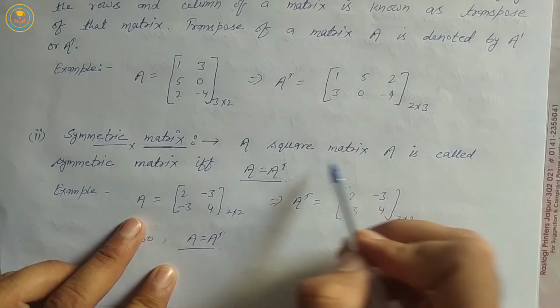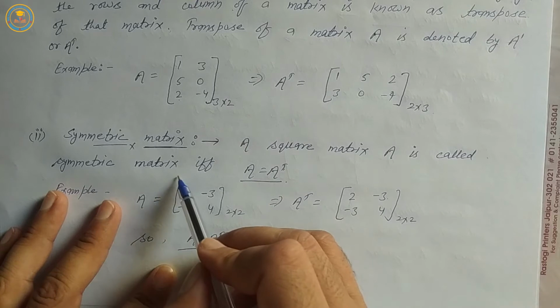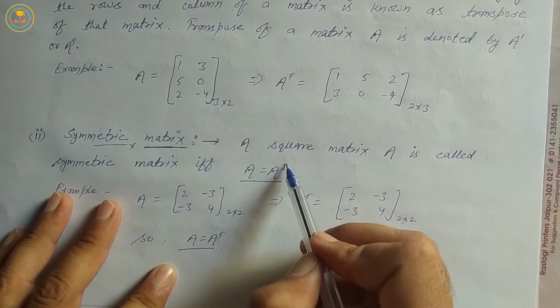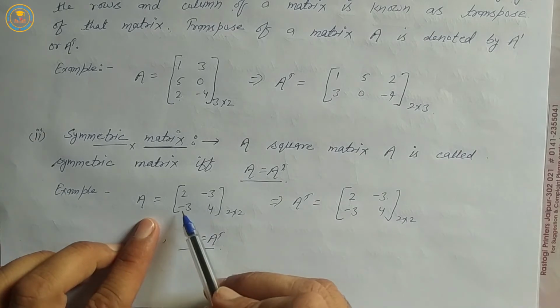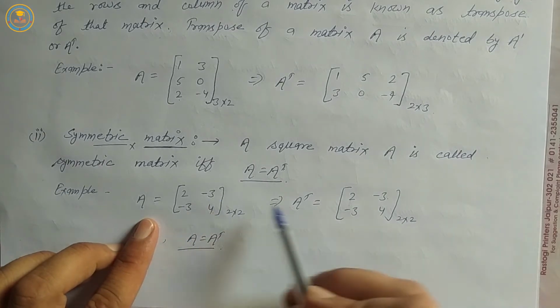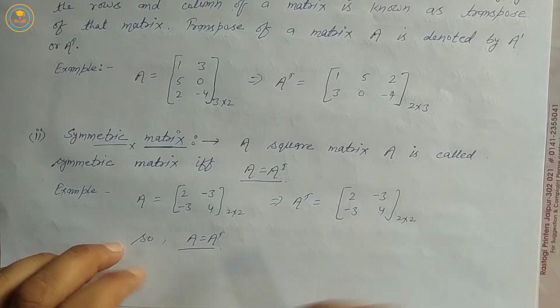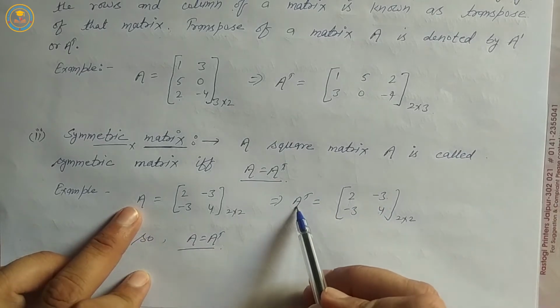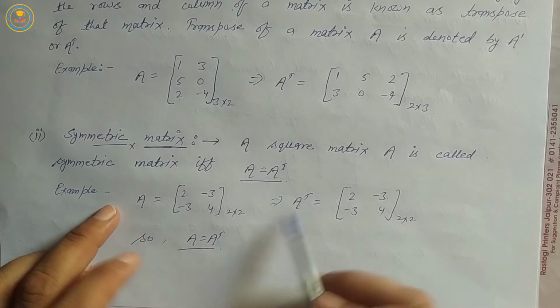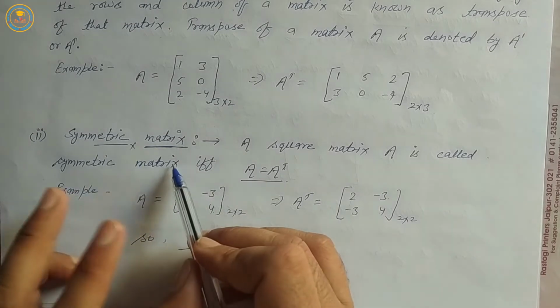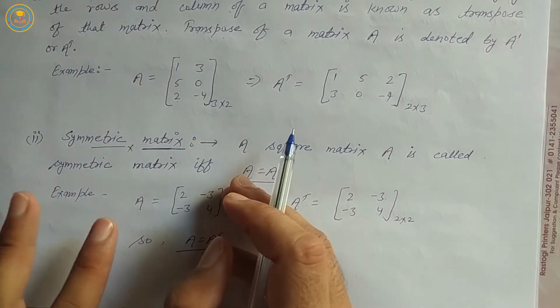A square matrix A is called a symmetric matrix if and only if A is equal to A^T. For example, matrix A is equal to [2, -3; -3, 4] and A^T is equal to [2, -3; -3, 4]. So A is equal to A^T, that is, matrix A is a symmetric matrix. Okay. Next,